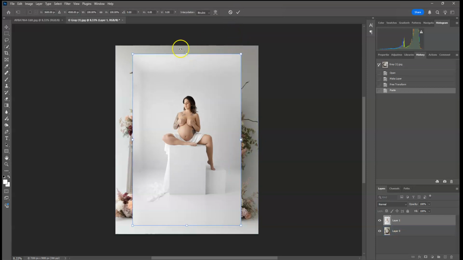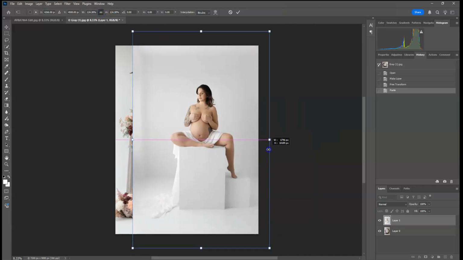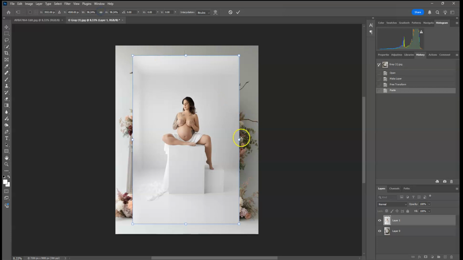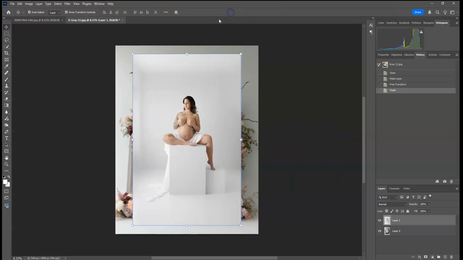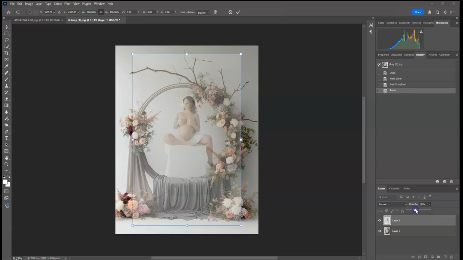So I'm going to go ahead and click this up here. When I have my move tool or my selection box selected, I'm going to come up here and select this so that my image keeps its proportion. As you can see, if I uncheck that, it's going to kind of do whatever it wants, and I don't want that, so I'm going to make sure that's checked,